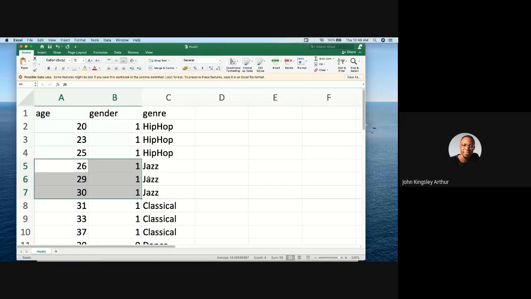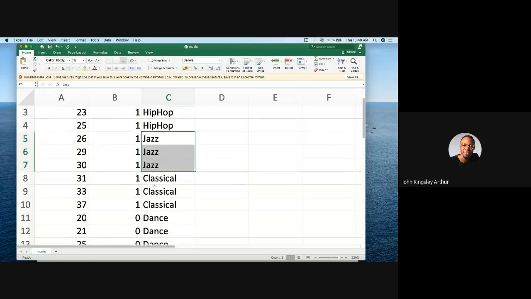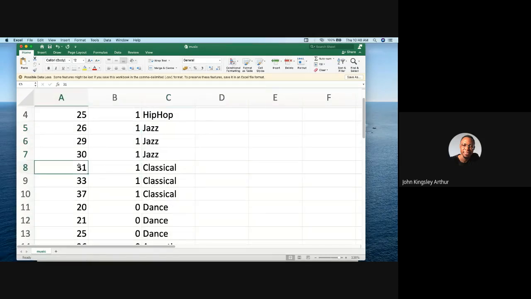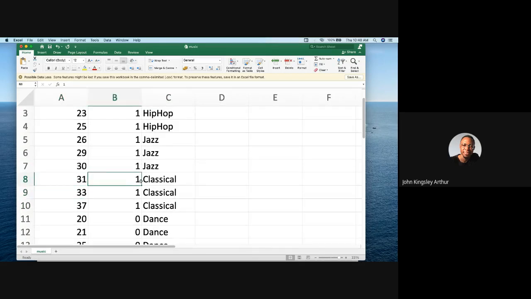So in this case also, from the age 26 to 30, and if it's a male, using 1 representing a male, we want to say that in the past, all of those within that age range and were male did like what? Jazz. Likewise, all males between the age 31 and 37 also did like what? Classical. So if there is a new user to the system, although the person has not yet interacted with the system, having a clue of the new user's age and gender can suggest which genre of music that person may likely